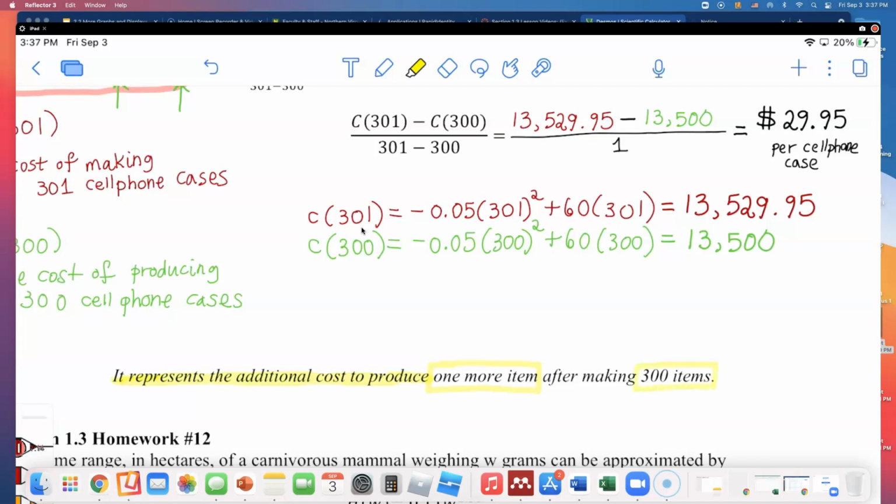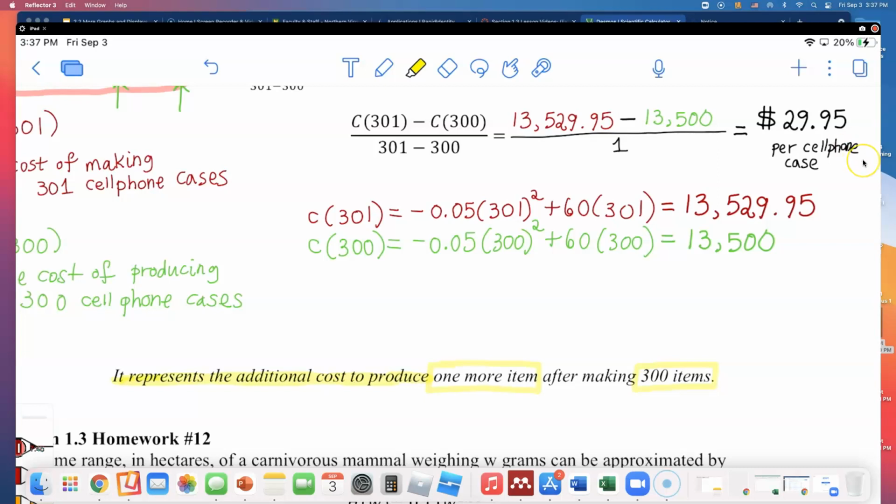So if you can sell this cell phone case for $40 or $50 more than what it costs to make it, I would definitely produce 301 cell phone cases rather than 300, because if the cost is less than what I can sell it for, I will be making